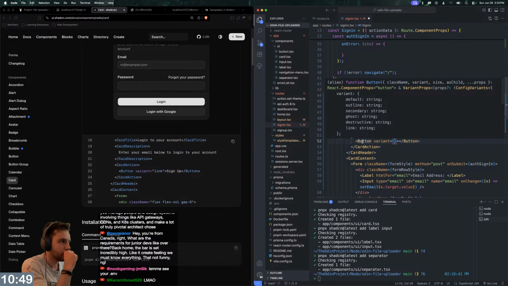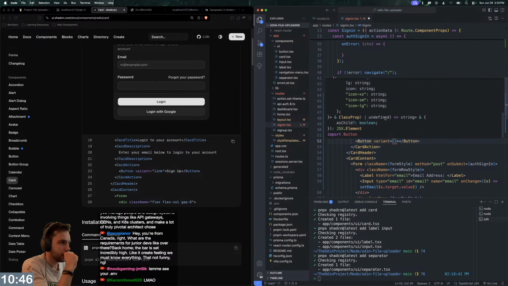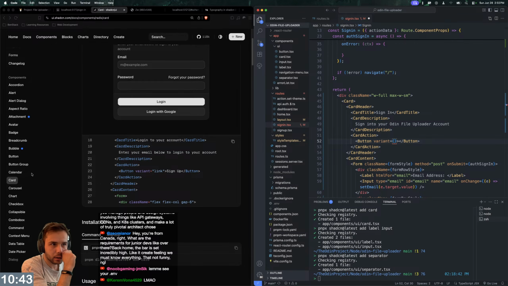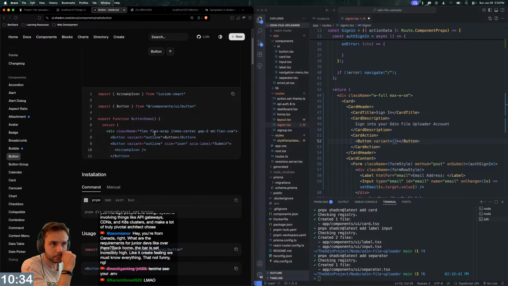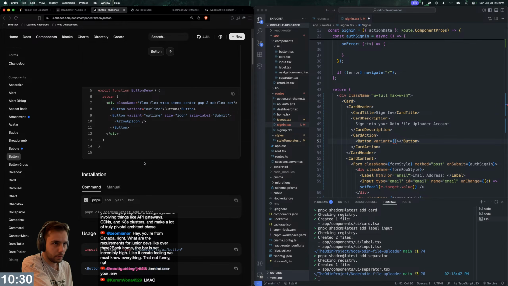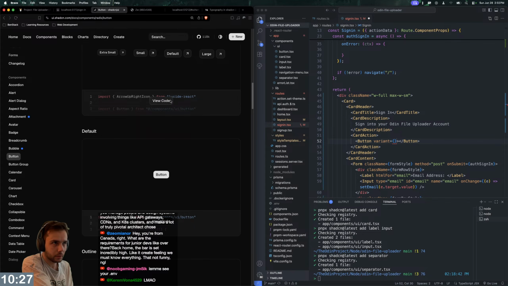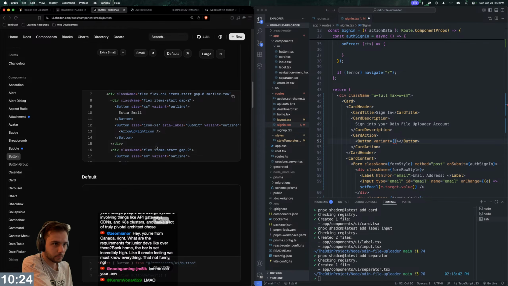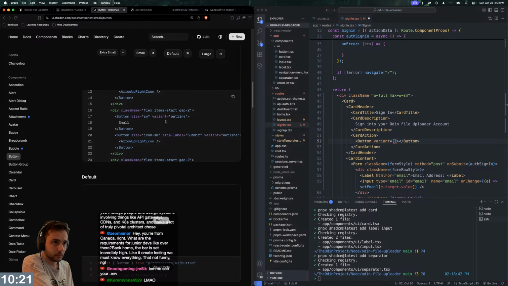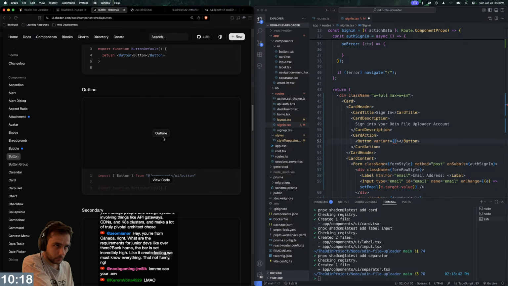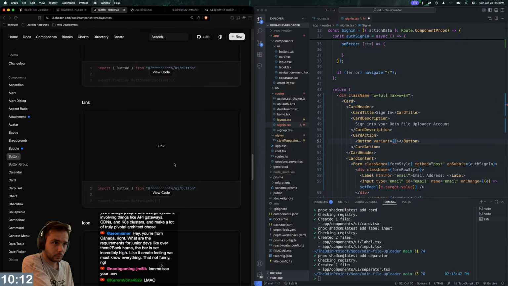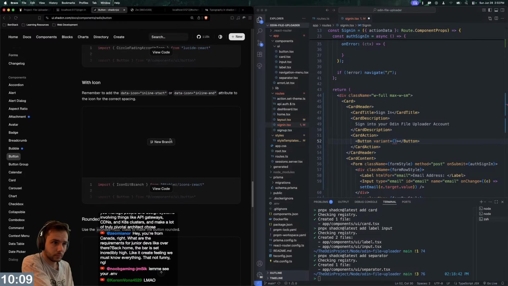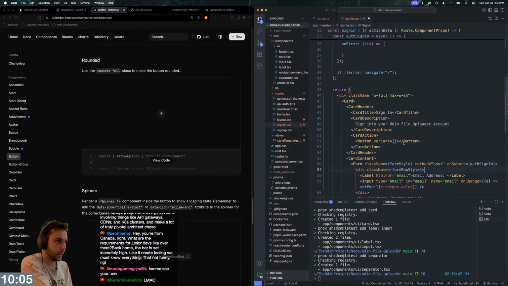I don't know how this, so if it's a link, then can I put, so you have variant link, and then I don't know how to redirect with it though. Oh, I guess we could just do